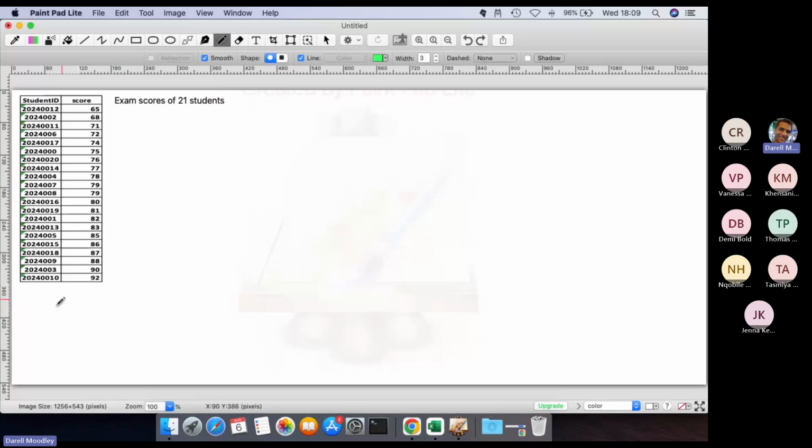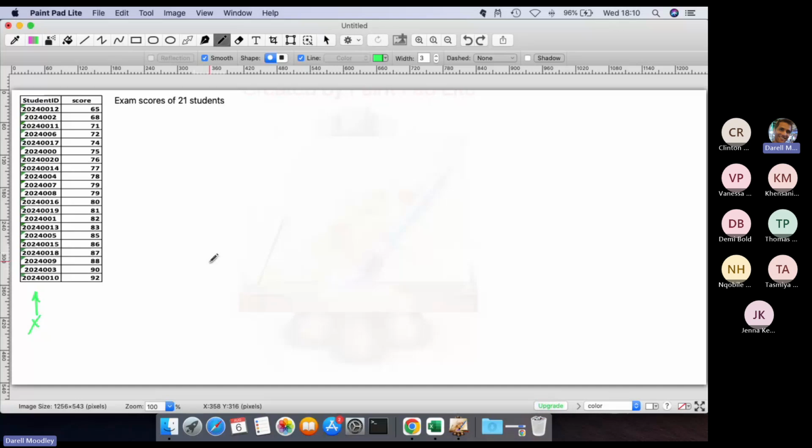We don't really care about the student IDs. These don't mean much to us. They're only an identifier, right? What we're really trying to measure is the scores, right? That's what we're interested in. So before I start,